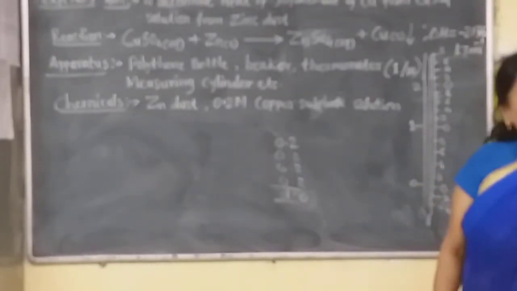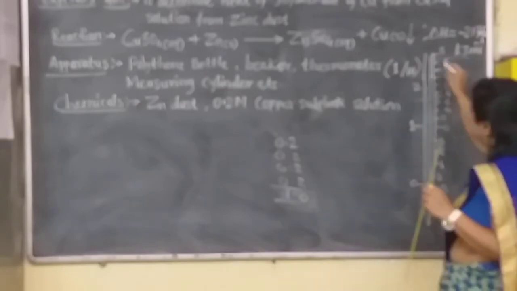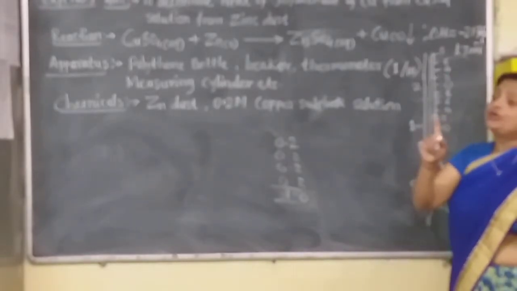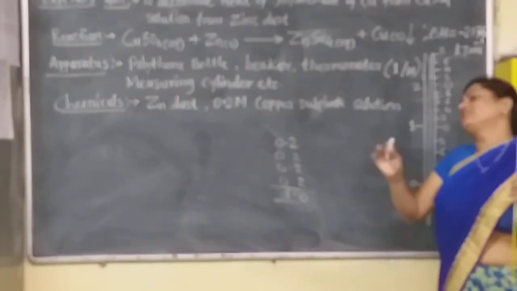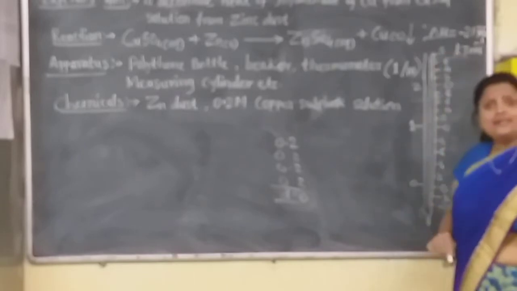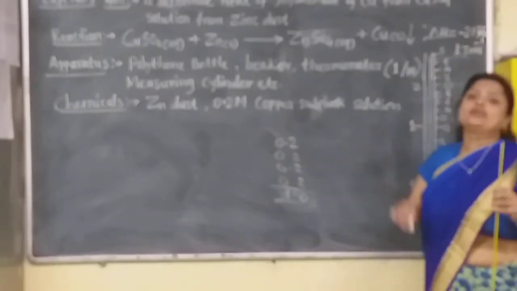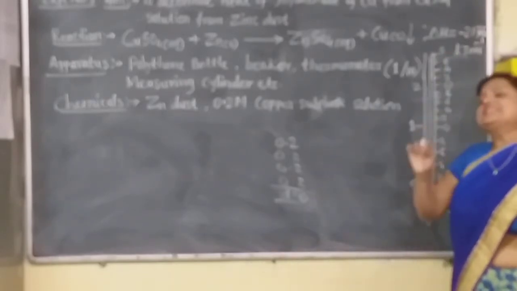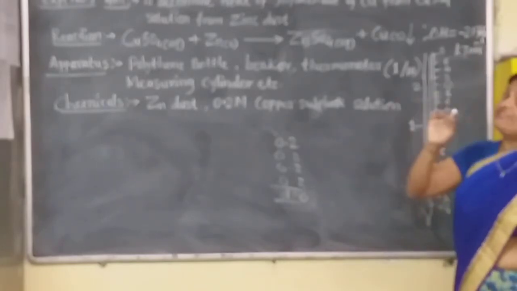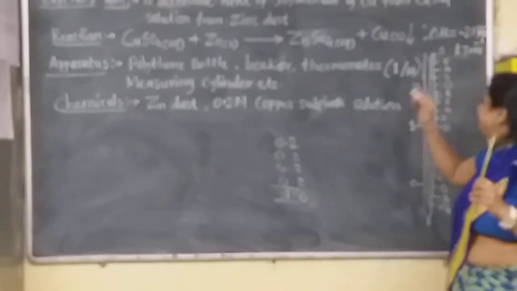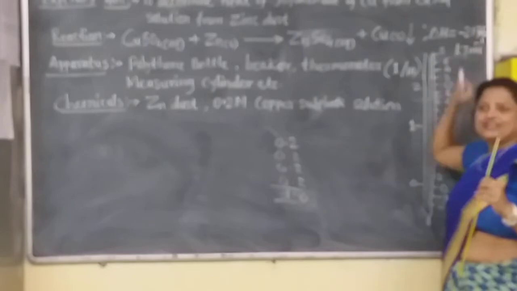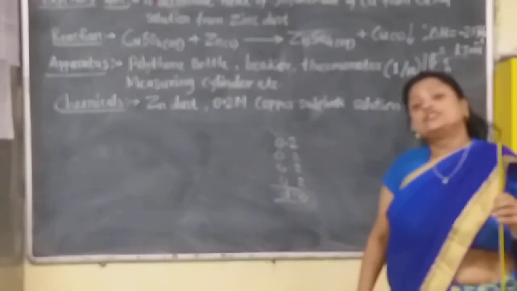27. And if it is on the sixth line, then what will be that temperature? One line is 0.2 degrees centigrade. 27.2. If it is on the seventh line, 27.4. Eighth line, 27.6. Ninth line, 27.8. And the tenth is the 28. The tenth line is directly on 28. In this way, this is the thermometer reading.